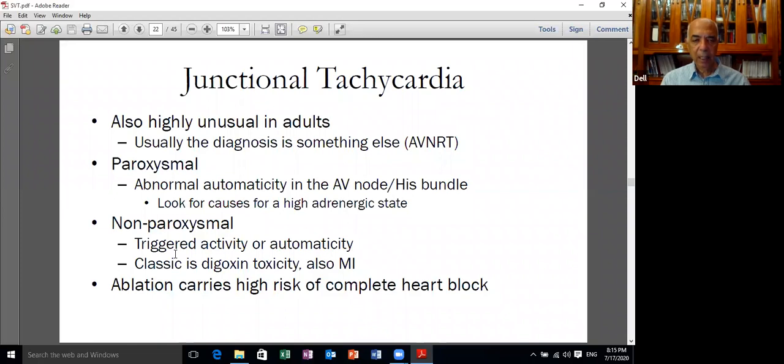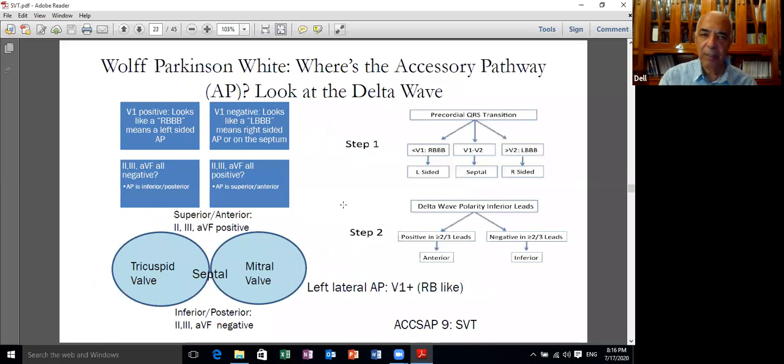We'll discuss that again. Now, the last thing you think about in the treatment of this condition is to try to ablate the junction. If you try to ablate the junction to get rid of the tachycardia, then most likely you are going to cause complete heart block and the patient will be totally pacemaker dependent. So the treatment here is treatment of the underlying etiology: aborting the adrenergic state which is present, getting rid of digitalis toxicity, treating the myocardial infarction, or treating the post-operative state in infants or children with this tachycardia.